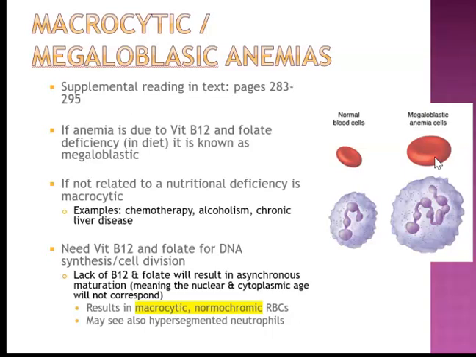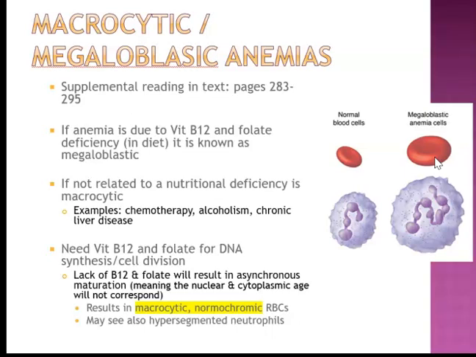If it's not related to a nutritional deficiency, we usually say it's macrocytic. Again, it's a large red blood cell. It's usually caused by a different reason. Some examples for reasons why it might be macrocytic are chemotherapy treatment, alcoholism, or even chronic liver disease. Some reasons that the body needs vitamin B12 and folate are for DNA synthesis and also for cell